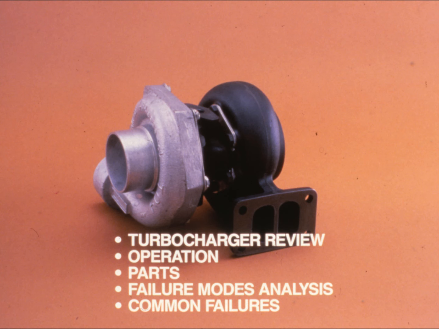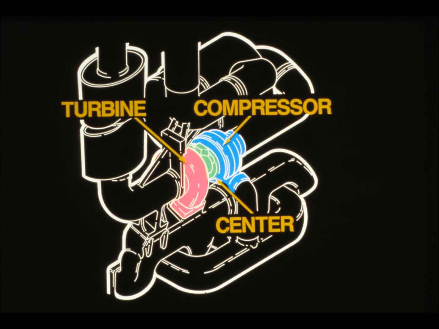Failure modes analysis procedures will be reviewed as applied to the turbocharger alone and as part of a complete engine failure modes analysis. The emphasis in this program is effective diagnostic procedures for turbochargers and engine problems that are closely related to turbocharger failure. A turbocharger has three basic sections: the compressor wheel and housing, the turbine wheel and housing,